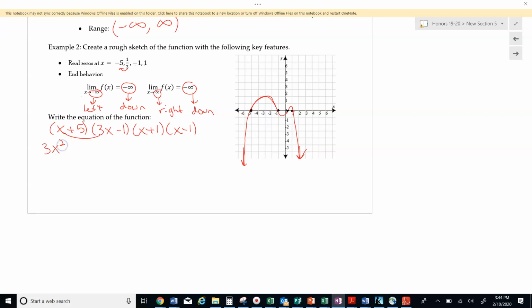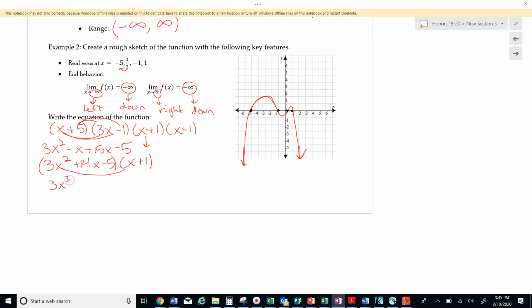3x squared minus x plus 15x minus 5. So we have 3x squared plus 14x minus 5. I'm just going to bring down that first one, so I have x plus 1. I'm going to multiply again. So I have